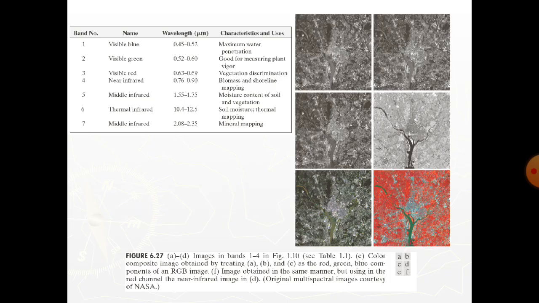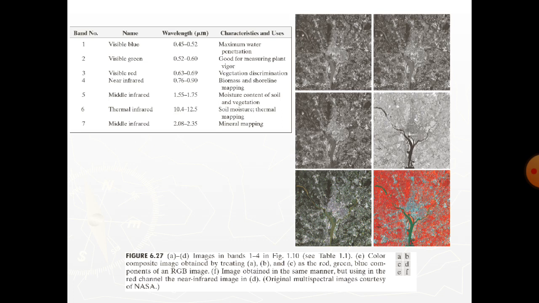So here, figures A through D show four spectral satellite images of Washington DC, including a part of the Potomac River. The first three images are in the visible red, green and blue, and the fourth is in the near infrared. Figure E is the full color image obtained by combining the first three images into an RGB image. A full color image of dense areas is difficult to interpret, but one notable feature of this image is the difference in color in various parts of the Potomac River.